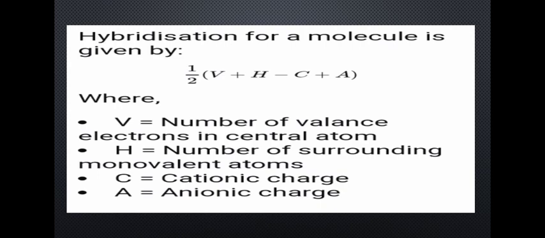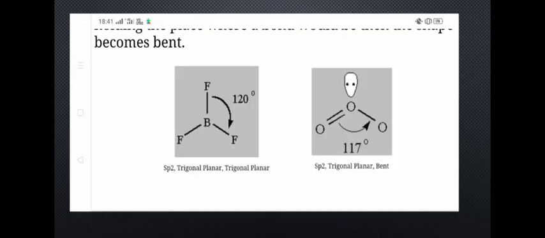Okay, let us discuss examples one by one. First of all, we must see the arrangement. The first hybridization is sp. In this case, the arrangement is linear. In the center, the central atom is present and two other atoms are arranged at an angle of 180 degrees. Another hybridization is sp2. This arrangement is called trigonal planar arrangement. In this case, the central atom lies at the center of the triangle, while the other three atoms are at the corners of the triangle.